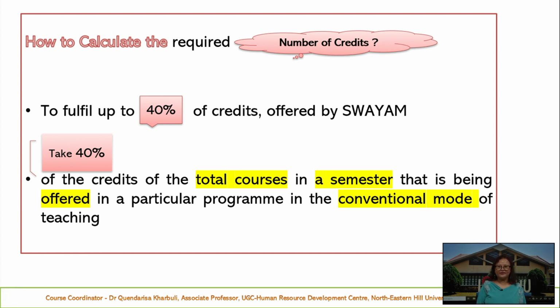So now for example, let us say that we have 3 papers in the conventional mode of teaching and each paper carries 4 credits. So the total number of credits for a semester comes to 4 into 3, that is 12 credits. So you will calculate 40% of the 12 credits. That will give you the number of credits required for the online courses through SWAYAM. So now let us look into the next slide